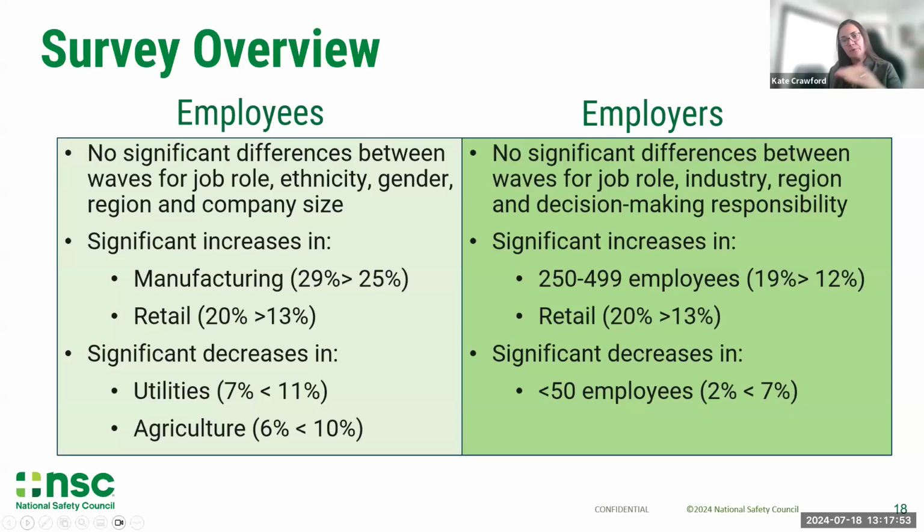And you can see both the employees and the employer sides. So no significant differences between waves for job role, ethnicity, gender, region, company size. We did see some differences in the industries we were reaching. So a little bit more in manufacturing and retail compared to utilities and agriculture, which went down on the employee side. And you can see some similar things happening on the employer side. So nothing that looked like it was going to be confounding to any significant degree, but certainly some limitations with a slightly different sample. So the next slide,